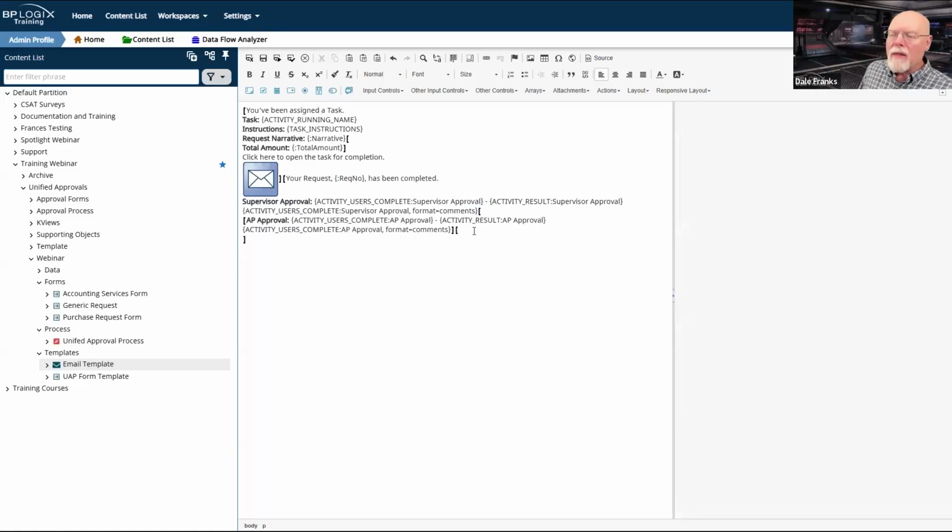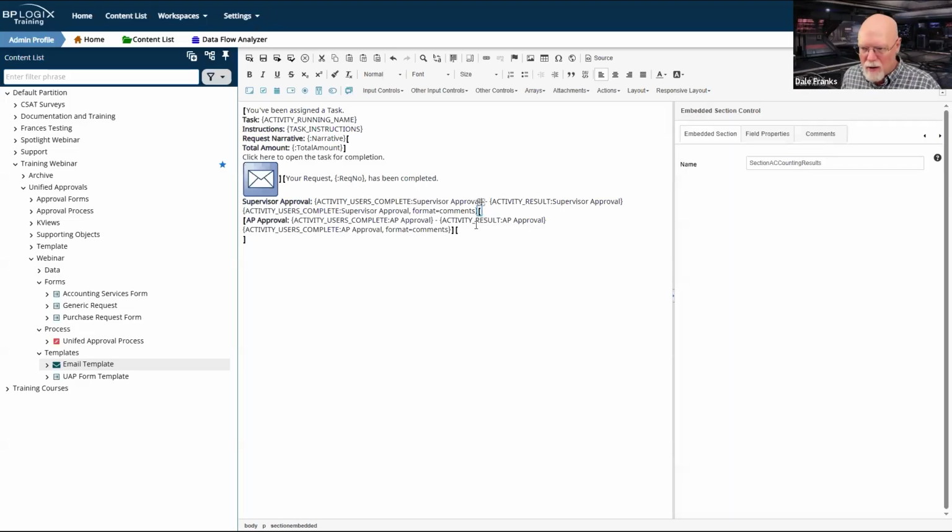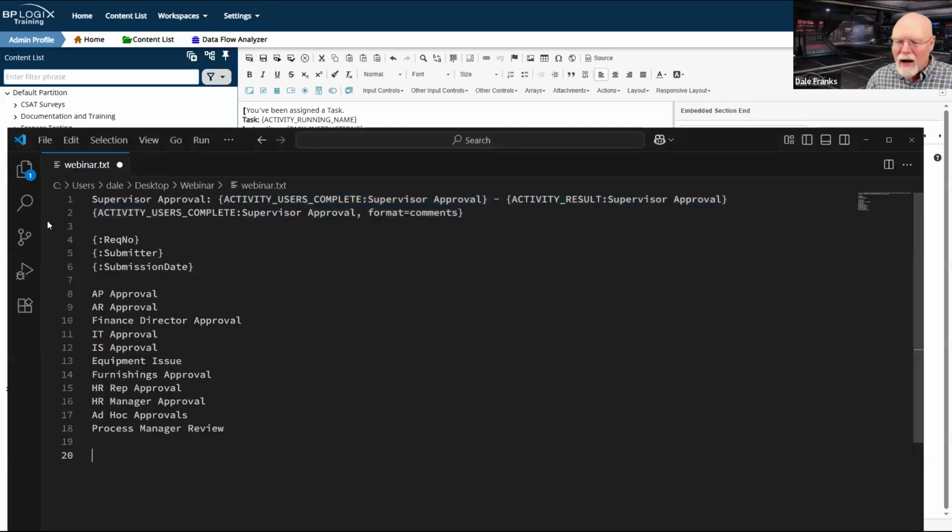The only reason that I could get away with this here, and all I really need are these section controls I'm doing for each of the individual objects, is because AP approval, AR approval, and finance director approval, in the way that I've pretty much got it set up, would generally not run.